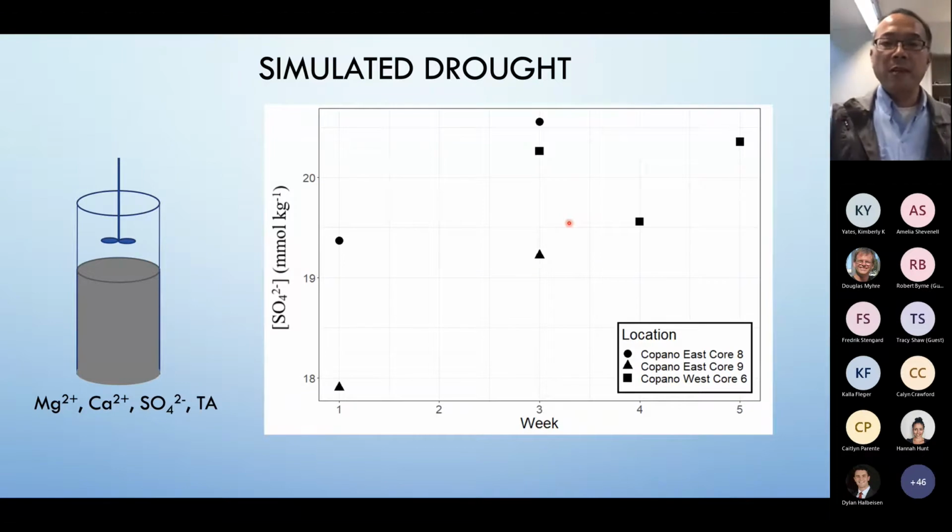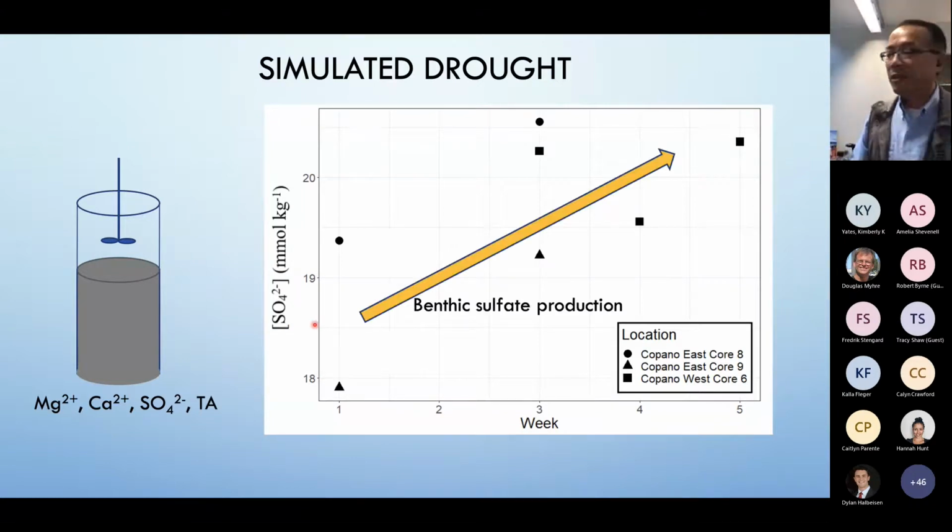And you can see over time, adjusted for salinity change, because obviously if you evaporate the seawater, sulfate and the salinity would go together. But here we correct for salinity change. There's still a significant increase in the sulfate concentration, which means probably the sulfide may have been oxidized and then contributed to the sulfate in the water column.